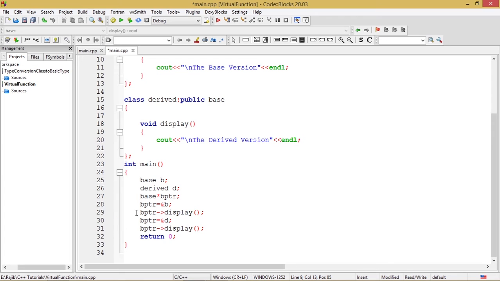I have invoked the display function in this manner, that is bptr->display. Then bptr = &d.